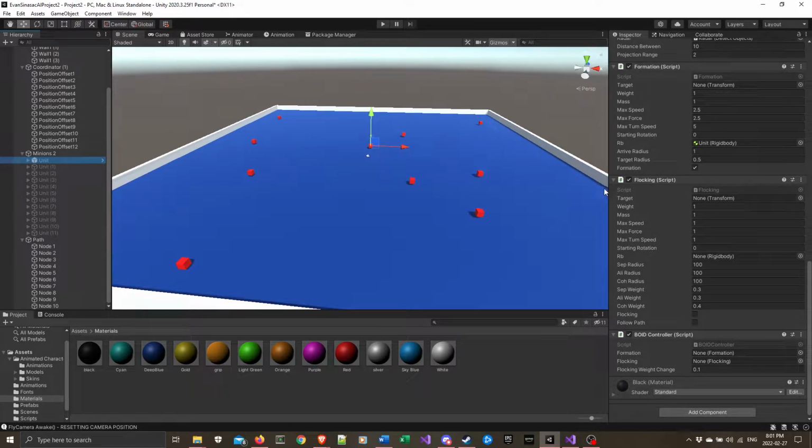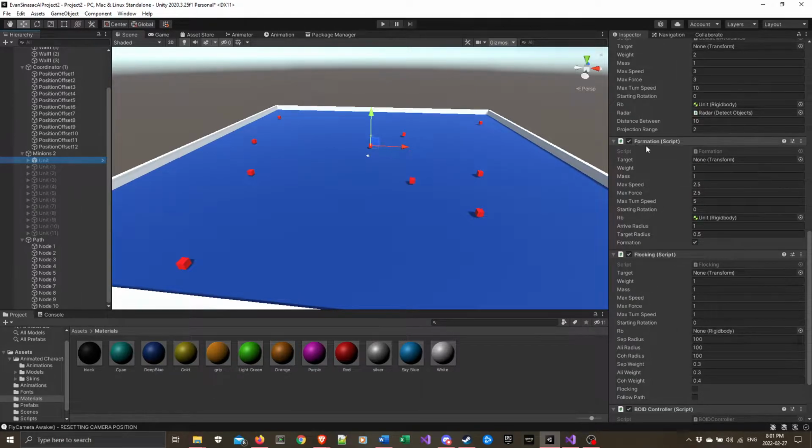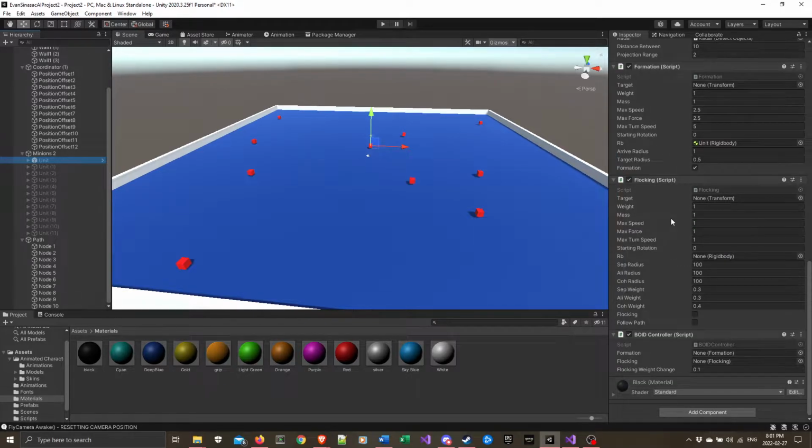Either way, it's using another get component, and for the future I would likely make the flocking information more private, and the Boyd controller would be the one that actually goes in and accesses it, rather than calling get component and getting the formation and then doing